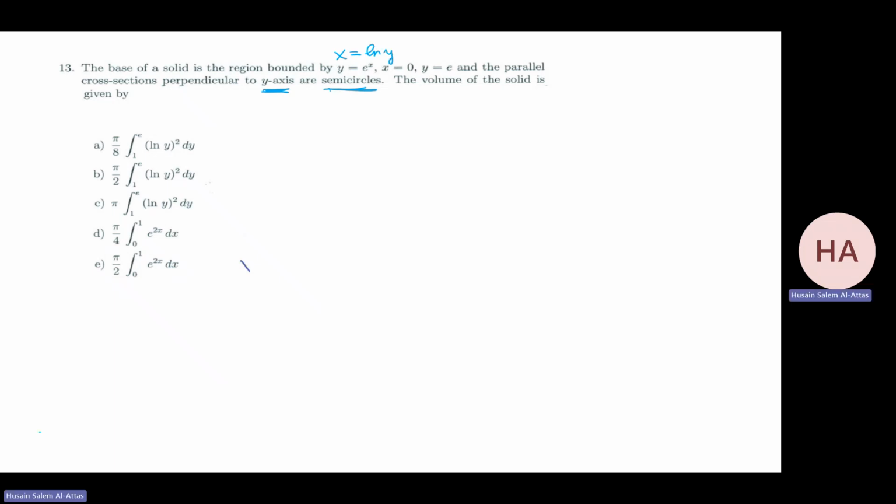Okay. Now let me see what will happen. How to grab the function and see what will happen. Okay, so this is y equals e^x. At x equals 0, y equals 1, and at x equals 1, it's e. So this is y equals e. Okay, so I'm dealing with